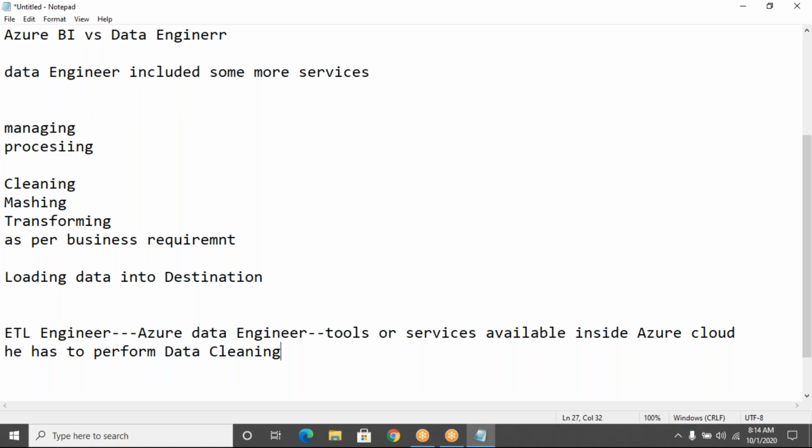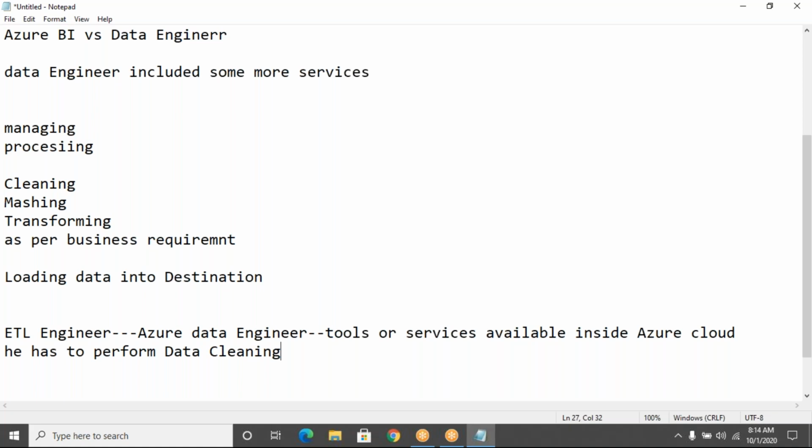So nowadays the data is very important. But the data is not in our expected format. So you have to make sure the data is in the expected format as per the business requirement. So all these responsibilities will be taken care of by the data engineer.